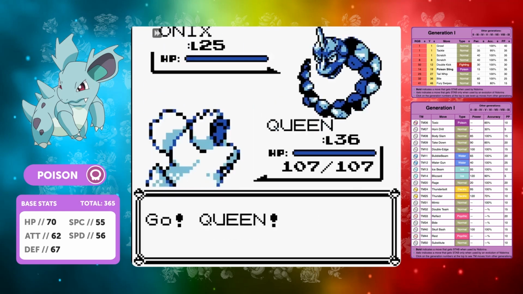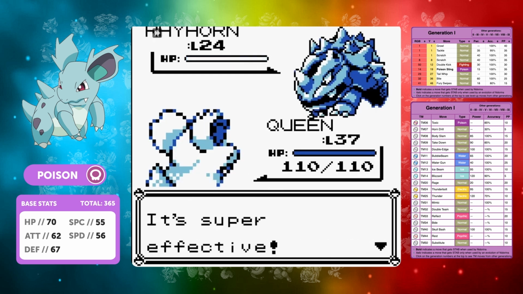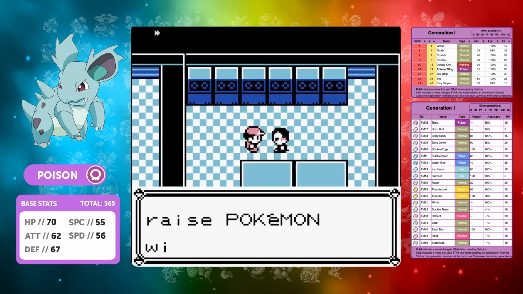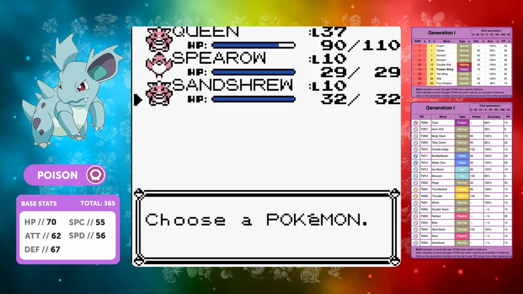Because we've got Ice Beam as well, Giovanni should not be a problem. So Ice Beam is going to take down both his rock types with relative ease. The Kangaskhan is going to be a bit of a problem if it gets critical hits, but two Ice Beams are more than enough to take it down at this level quite comfortably. We are very over leveled, I'm very aware of this, but trust me,